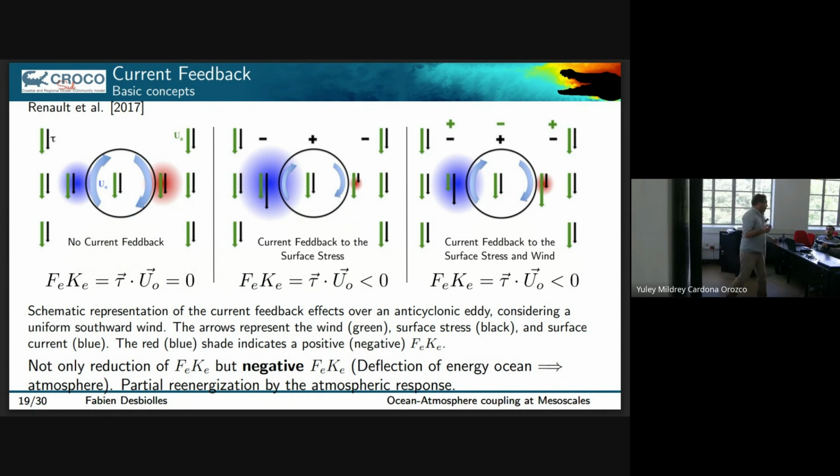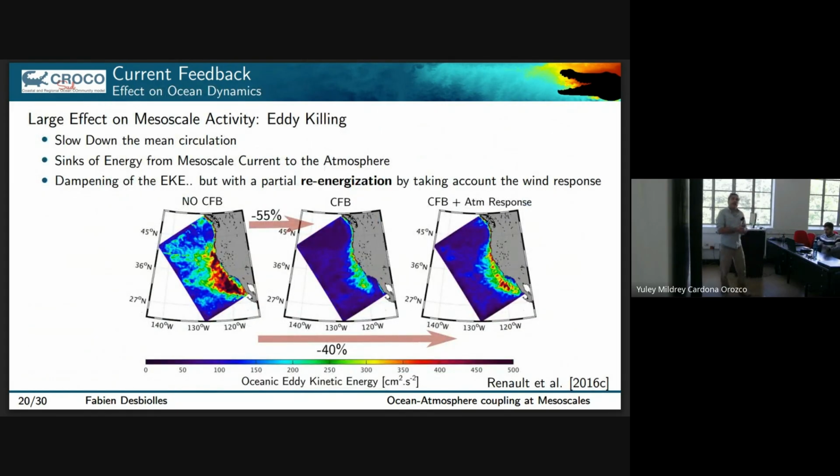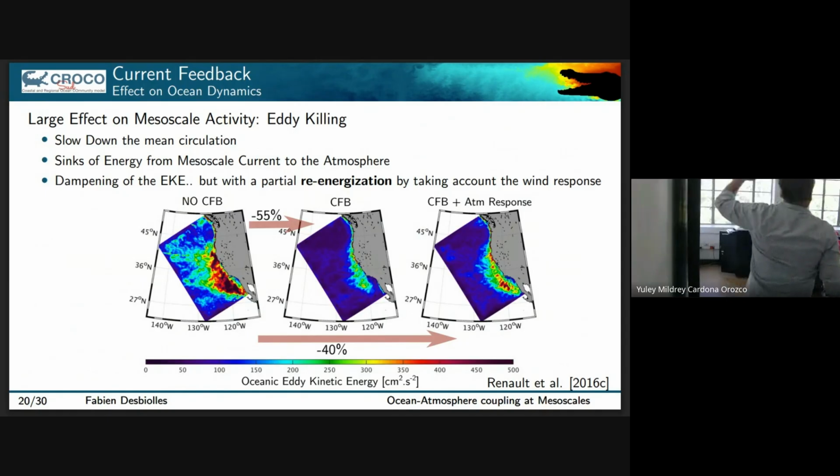What are the results for some simulation? This is an exercise that Lionel did in 2016. We are on the Californian coast, an upwelling system, and there are 3 kinds of simulation. Here is no current feedback, so we calculate the stress with rho CD